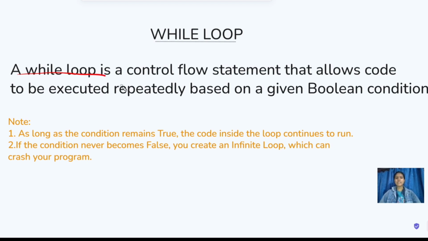A while loop is a control flow statement that allows code to be executed repeatedly based on a given Boolean condition. What is a Boolean condition? A Boolean condition is true or false. So a control flow statement that allows code to be executed repeatedly means that according to the Boolean condition the